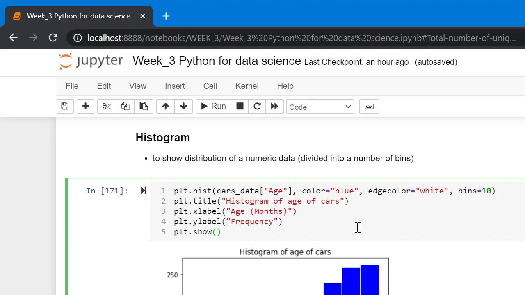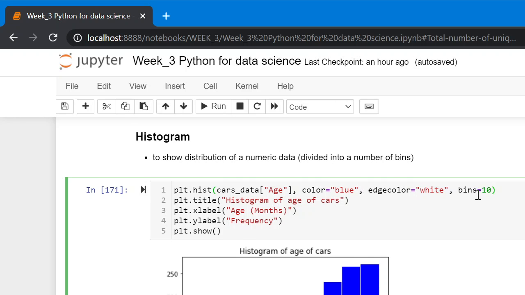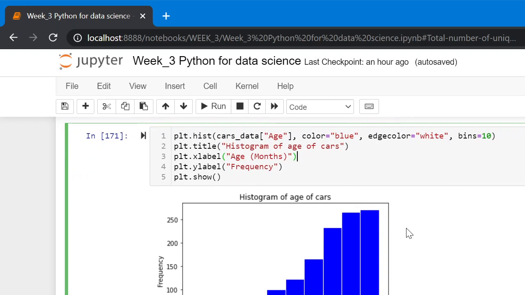Using matplotlib, we can use the .hist method with the variable column, and we can also assign a different color to the plot using the argument color, and we can separate the different bars using edgecolor, and we can also mention the number of bins.